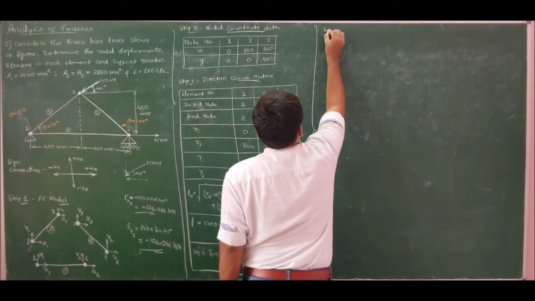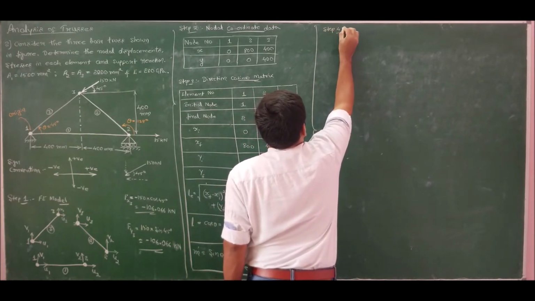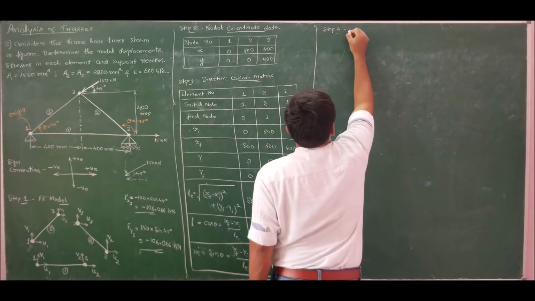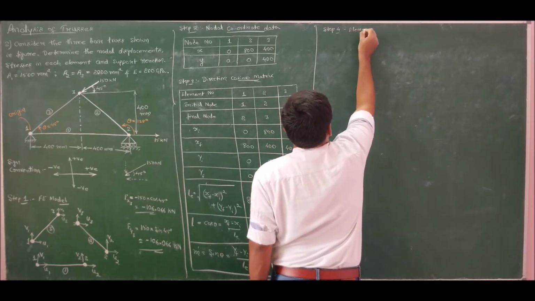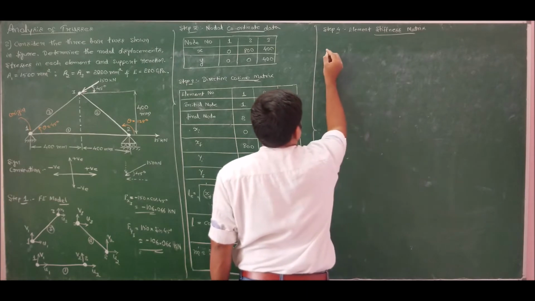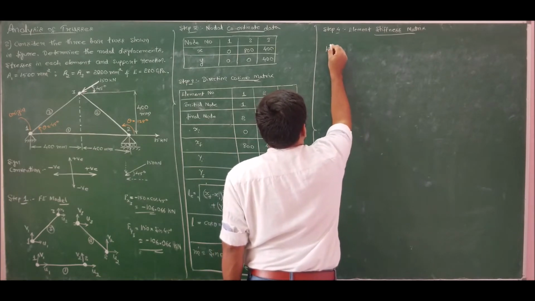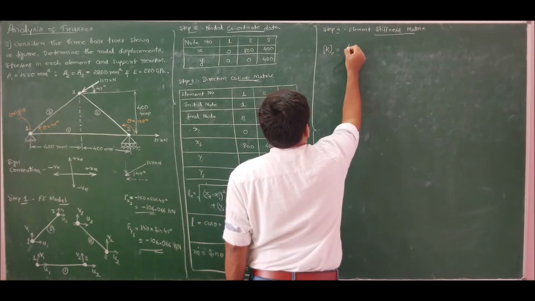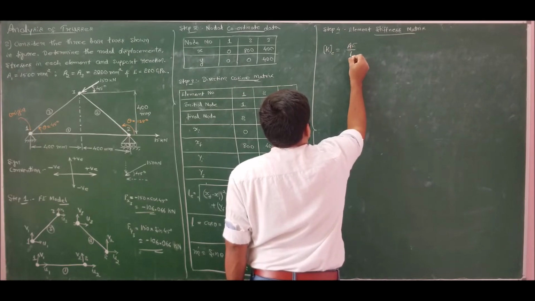Moving ahead for step 4. Step 4 is to find the element stiffness matrix. Coming to the element stiffness matrix, we have already derived that the element stiffness matrix for a truss is given by AE by length of the element,